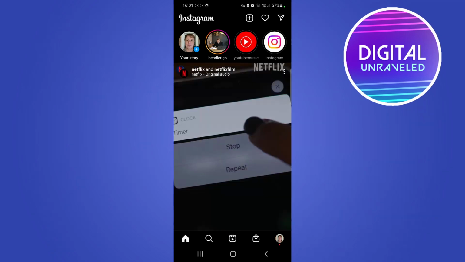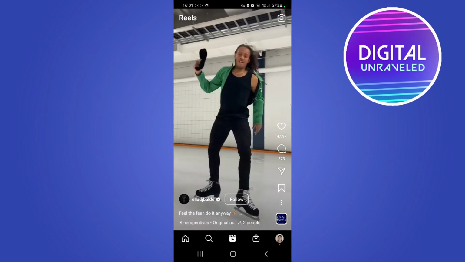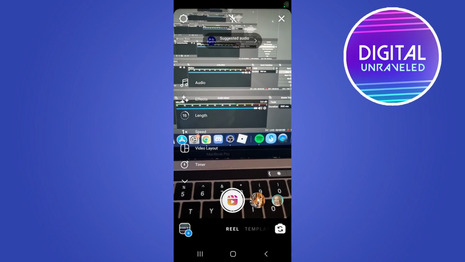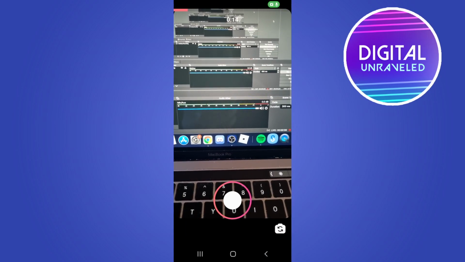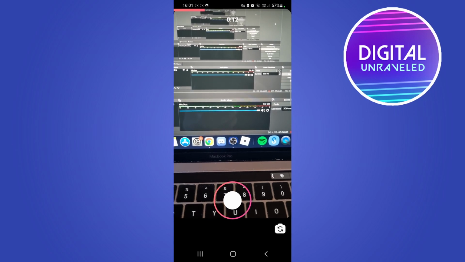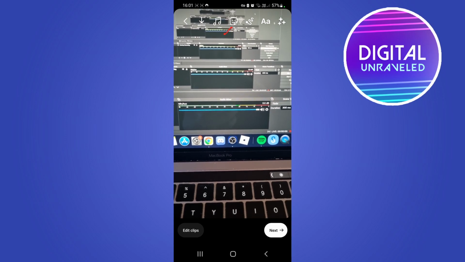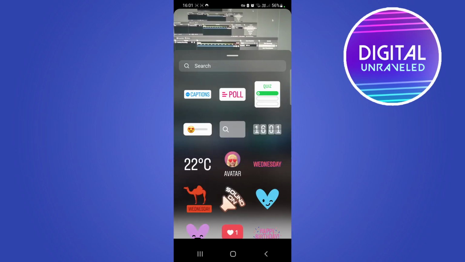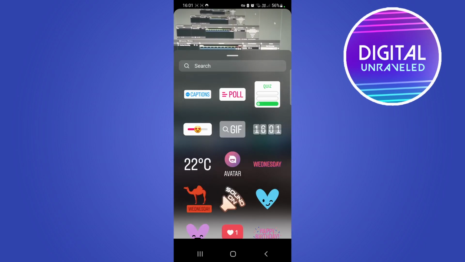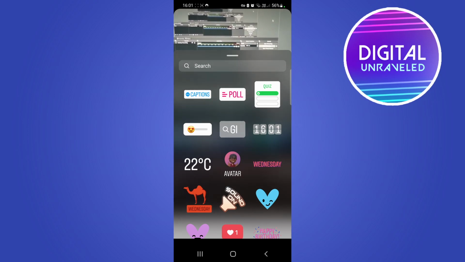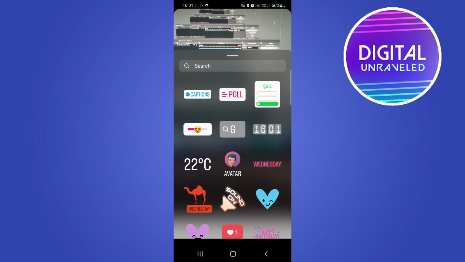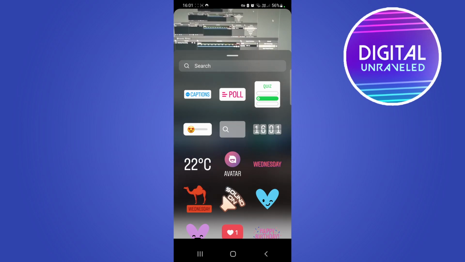So if you go to Instagram Reels and then you tap the camera icon at the top right, and then you record something real quick just as a test for this specific YouTube video, and then you tap on preview. If you tap on the stickers icon right there and you're not seeing the add yours, chances are that it's still in the testing phase and it hasn't rolled out for your specific account yet and your specific country,